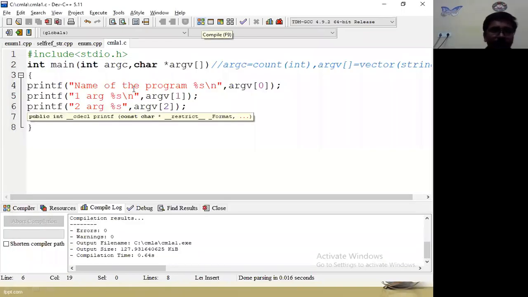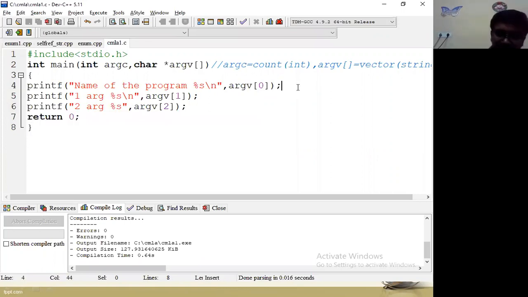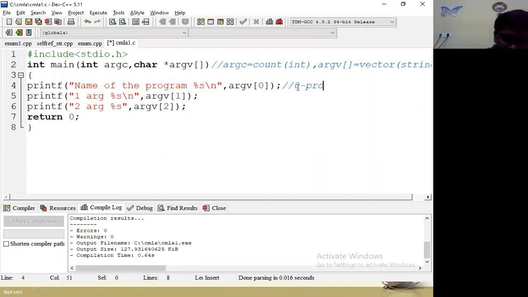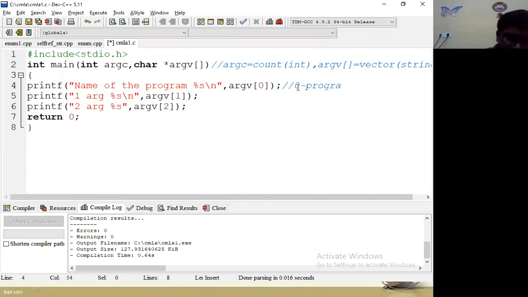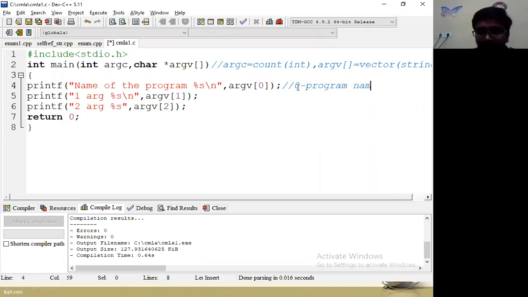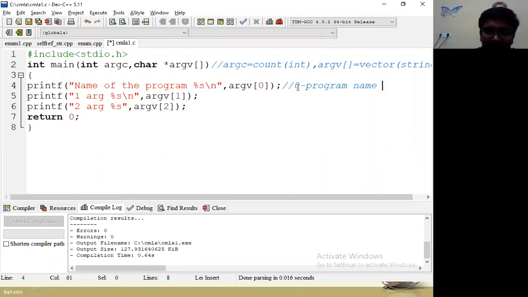The name of the program is stored in argv of 0. In our practice, the zeroth argument always stores the program name. Argument 0 is always fixed for the program name.